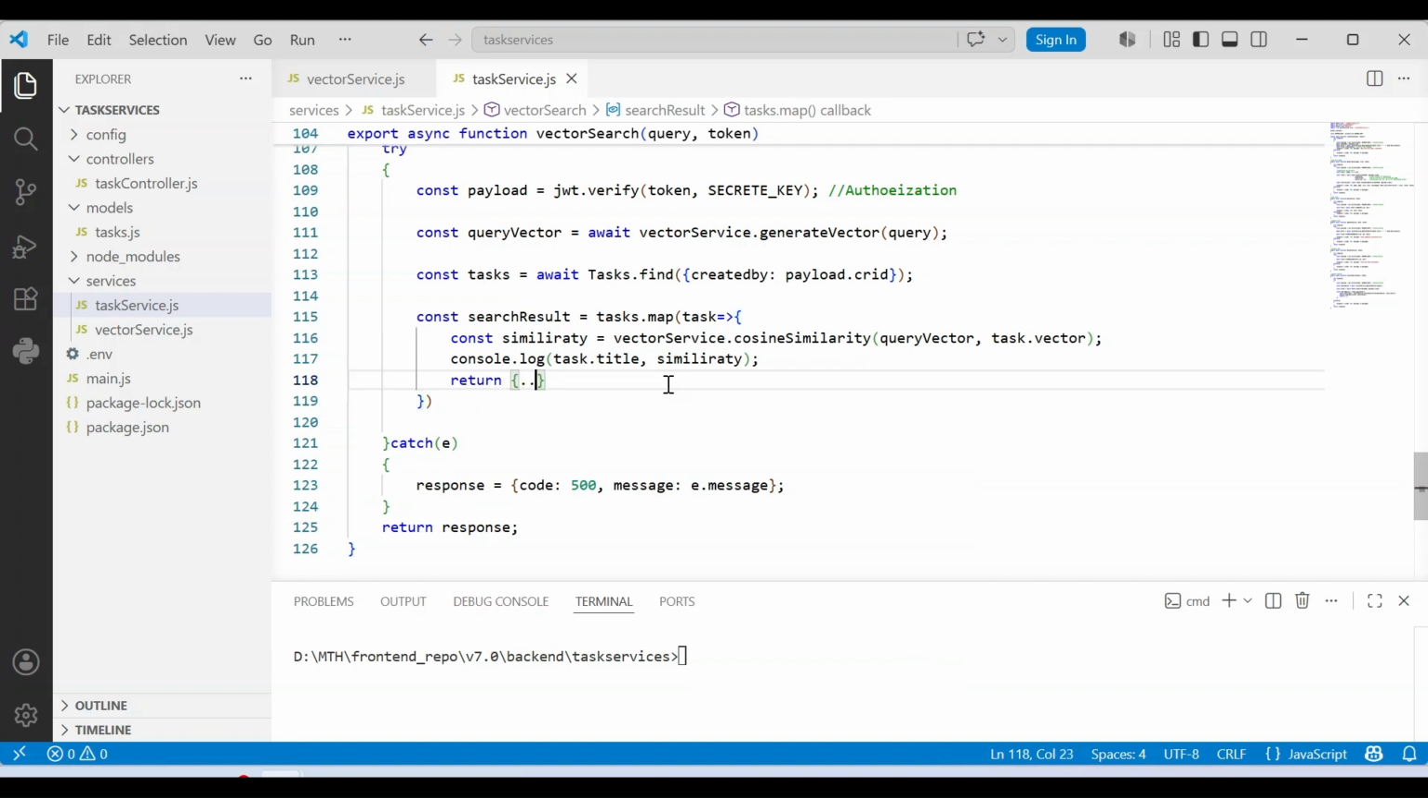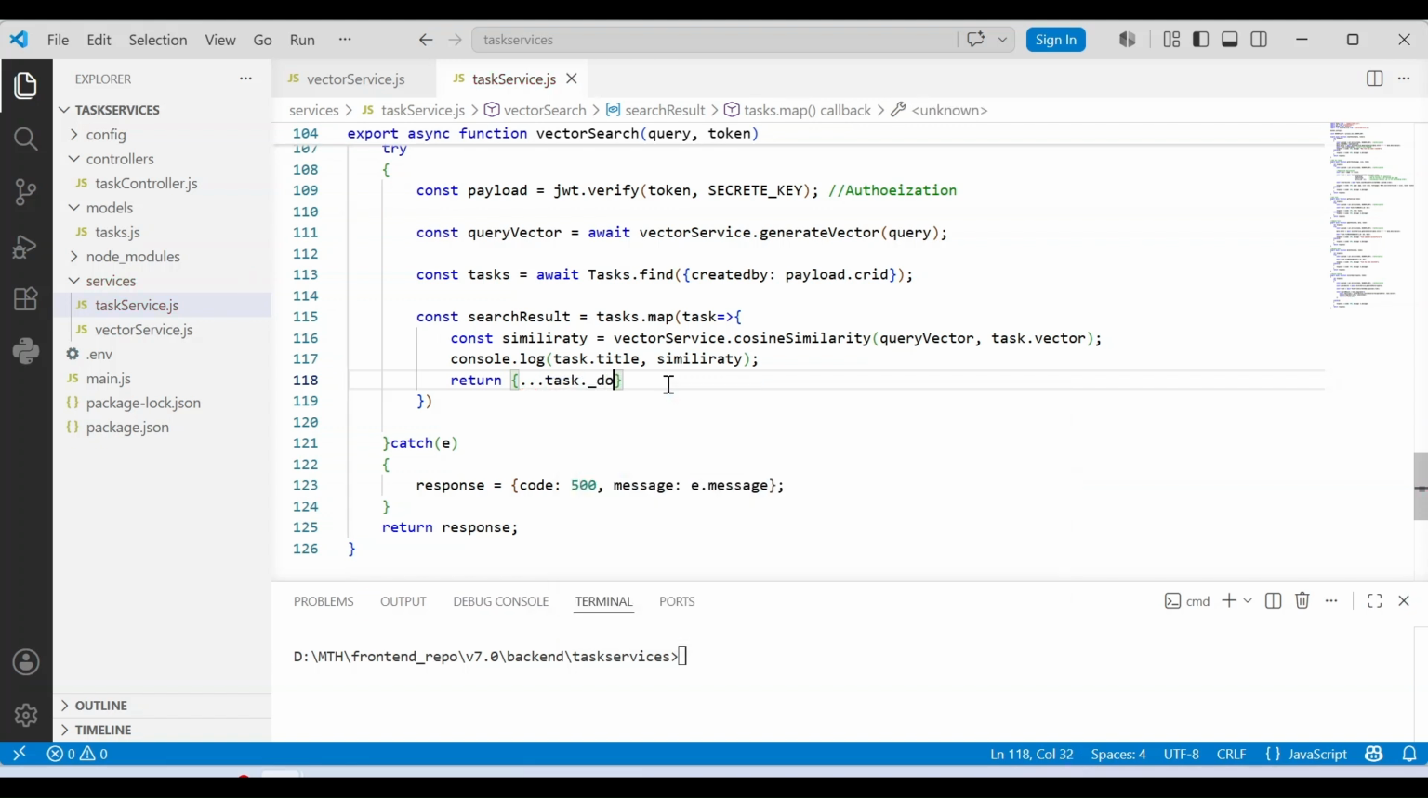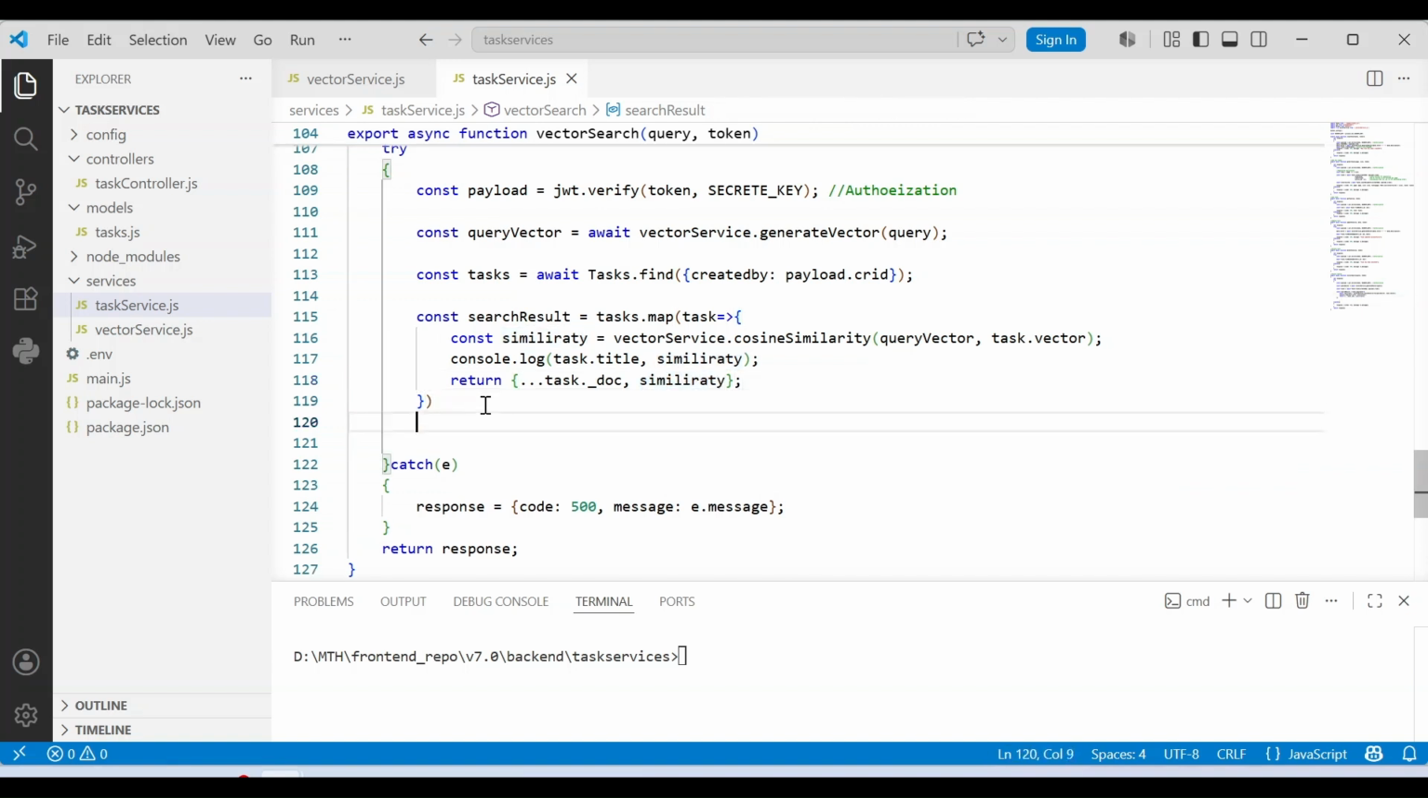So use the spread operator for task._doc, comma, similarity. Then at the end of the map statement, apply a filter by using the function filter and set task similarity greater than the threshold